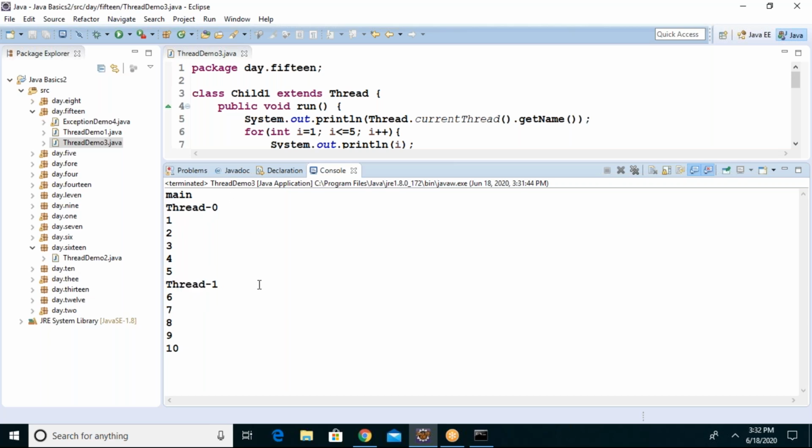I mean concurrent access should happen, right? If you look at it, 1, 6, 2, 7, 3, 8 like that, you should see the output. Rather than that, why is it printing all and then going to the second thread? Why is concurrency not happening, guys? Why is there no concurrency?